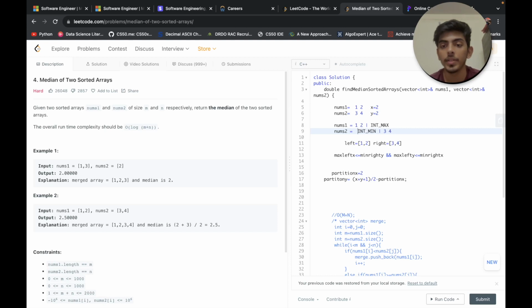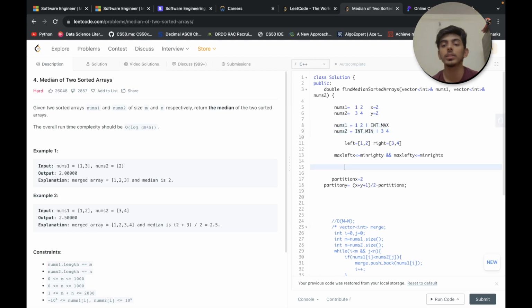Why? To obey this condition, maximum of left y must be less than or equal to min of right x, right? So this is the condition. If we have nothing in the left, we will consider int min. If we have nothing in the right part, we will consider int max, right?